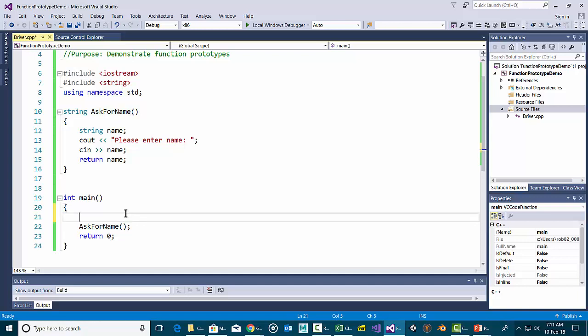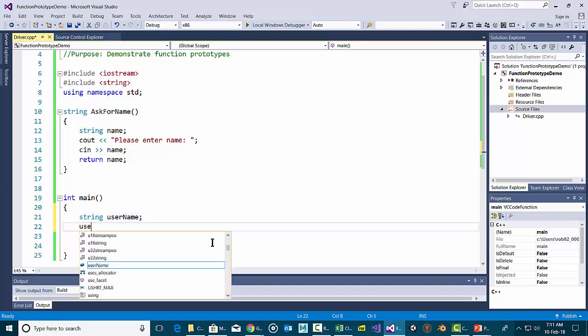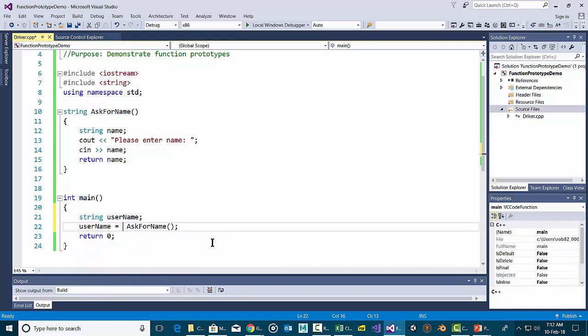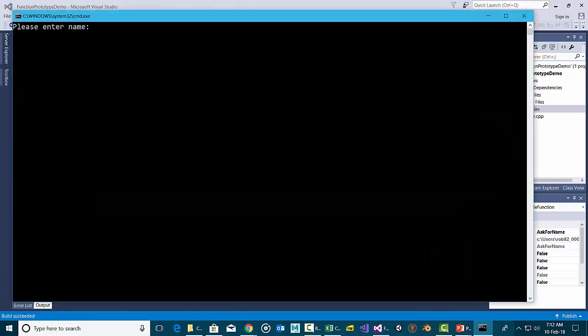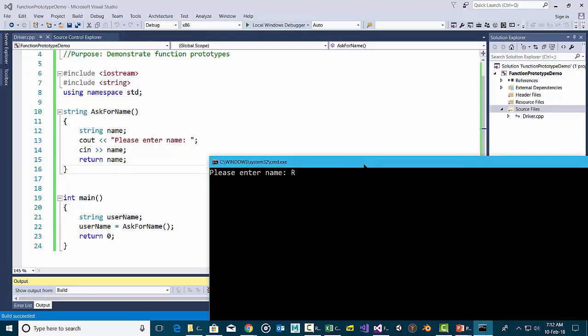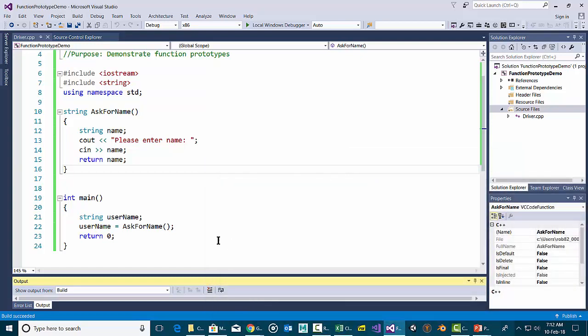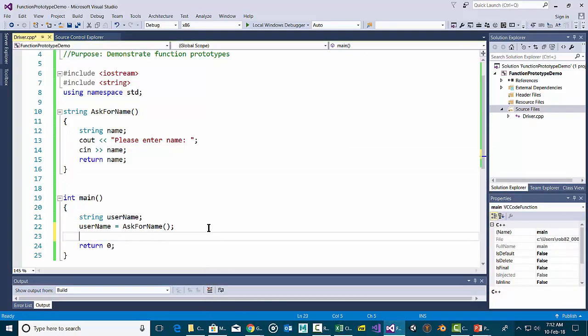So often in main, you will be declaring a variable, and I'm going to make it a different variable just to show you that this has nothing to do with that one. We're often calling our function and putting the results of that function into a variable like this with an assignment operation. So if it has a return type, we have to put it into an assignment operation. And just to display that we got something,